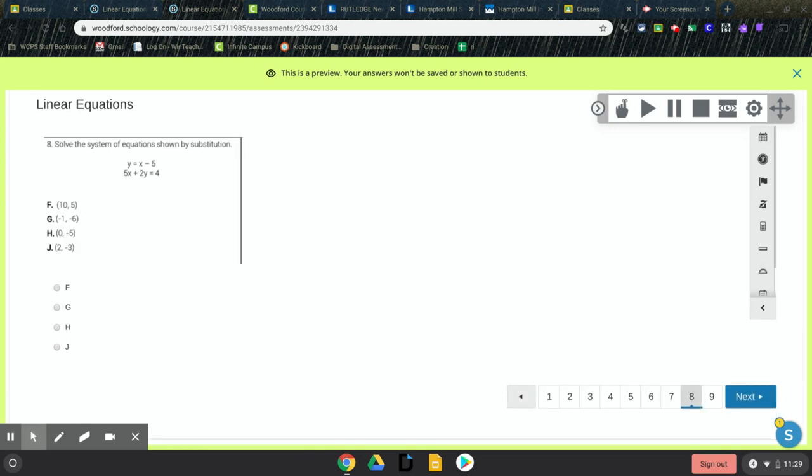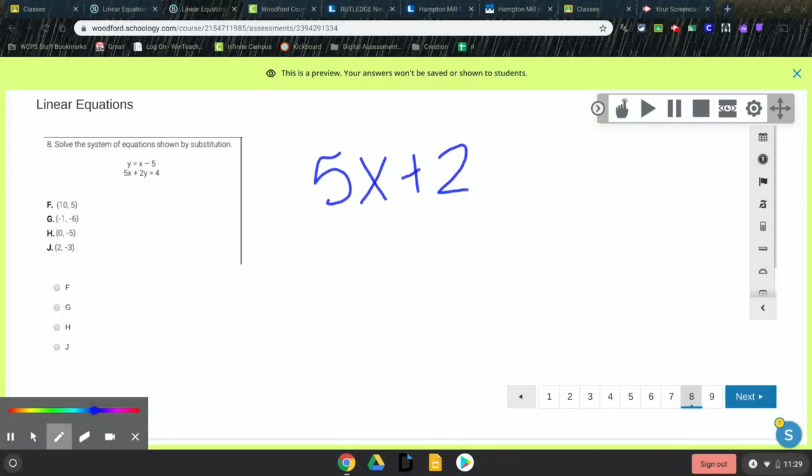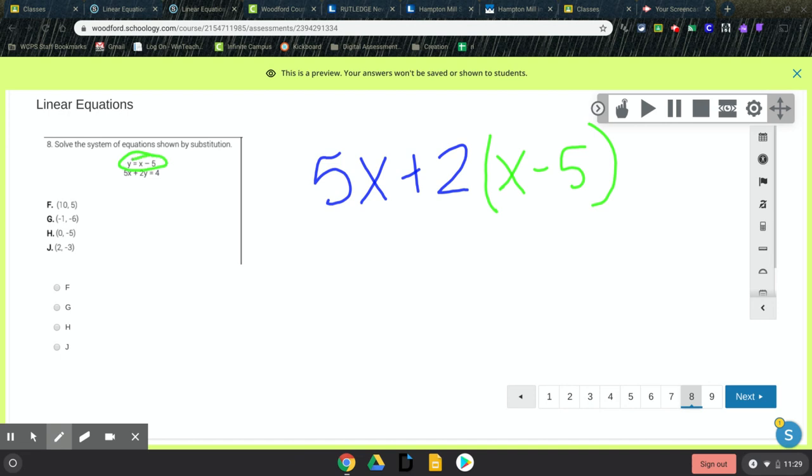All right, solve the systems of equations by substitution. It's been a while since we did substitution. First of all, you need one of them to be y equals. Lucky for us, it already is. So you take the second equation and you substitute the value for y. So y is x minus 5, right? y is x minus 5